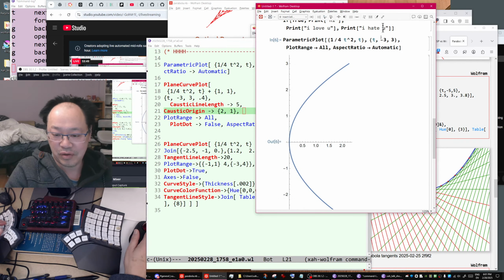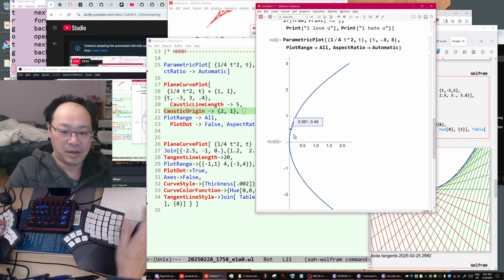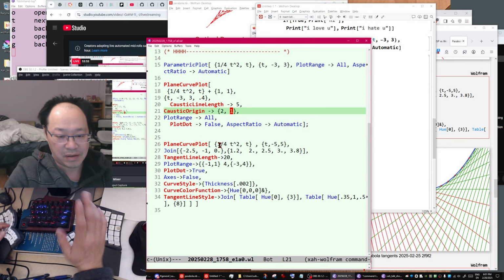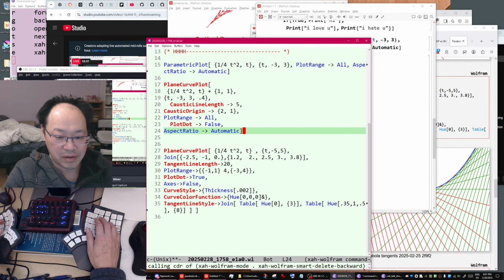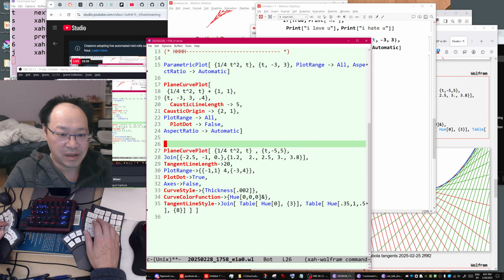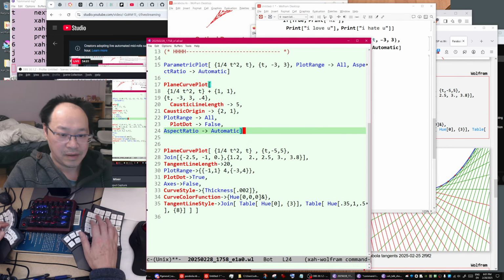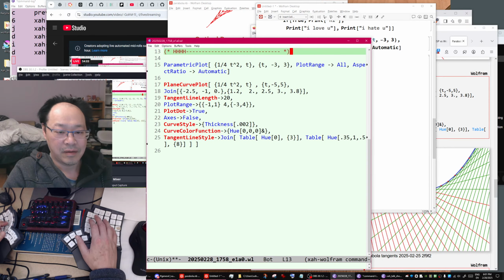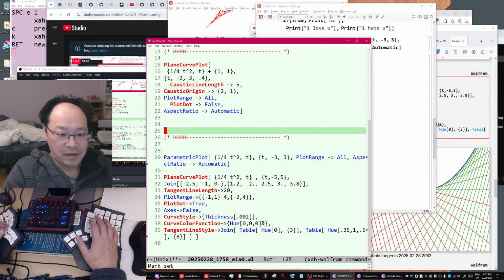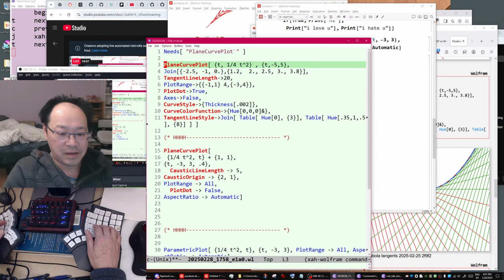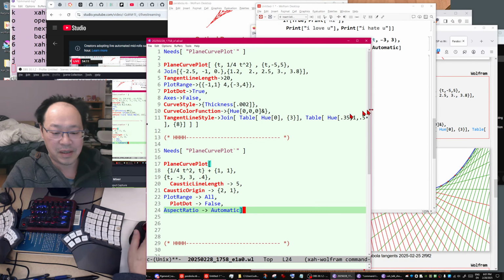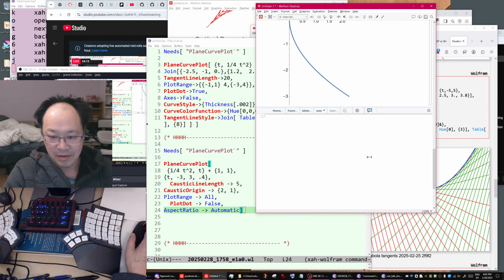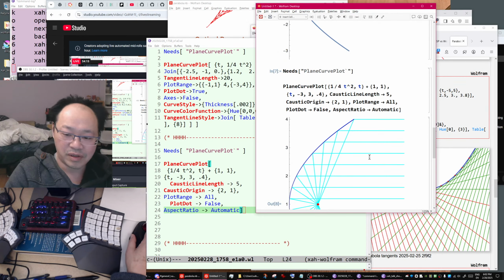The focus should be 1, 0. Let's try that for now. Dot force x ratio, remove that. Let's try that. So you need this thing. Copy that, paste, draw it.